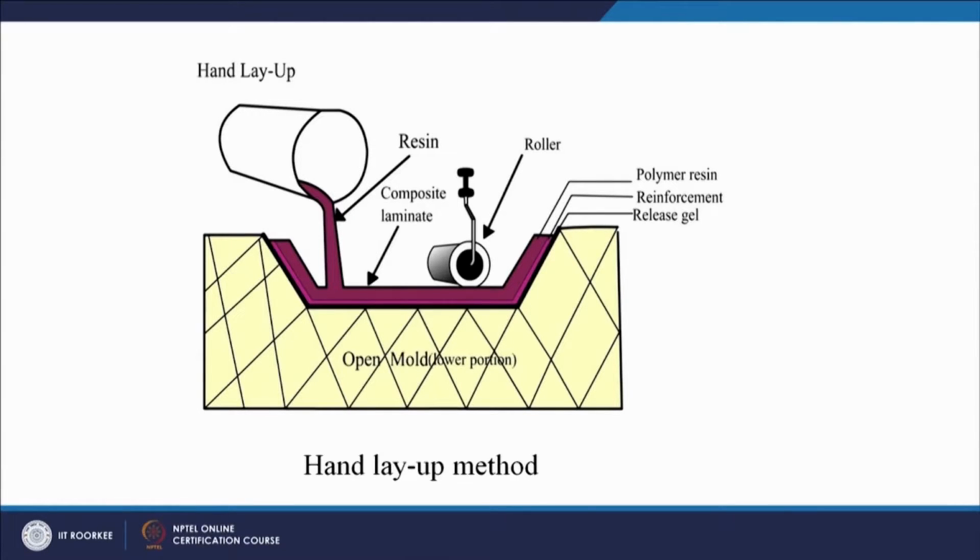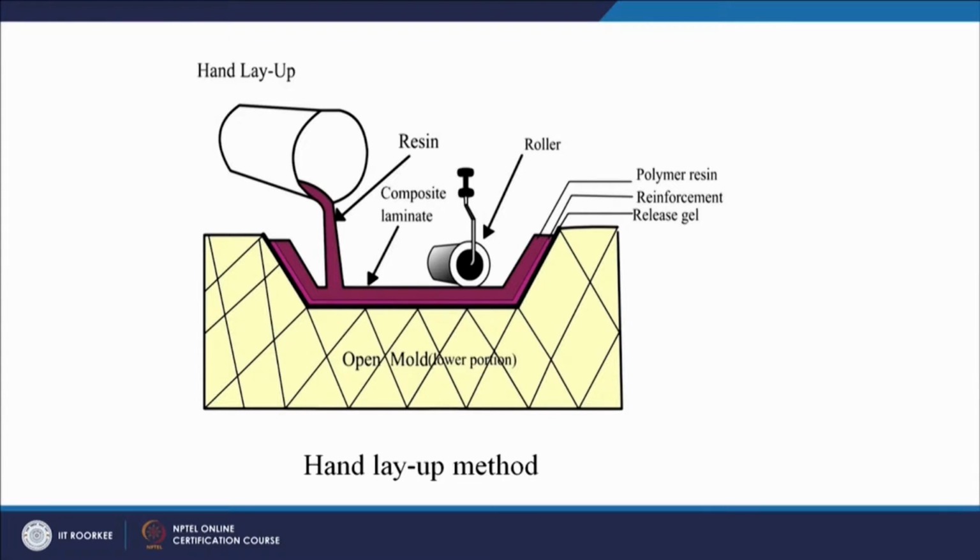The first question that will come to your mind is how to decide the shape of the mold. You see a specific shape of the mold, we can say it is a bucket type of mold. Now how have we decided that shape? The shape of the mold will depend upon the shape of the product that we want to make. So you can see we have this bucket type of mold, and in this mold we have to do the layup of the composite. So the first answer is that the shape of the mold will depend upon the shape of the final product that we want to fabricate.